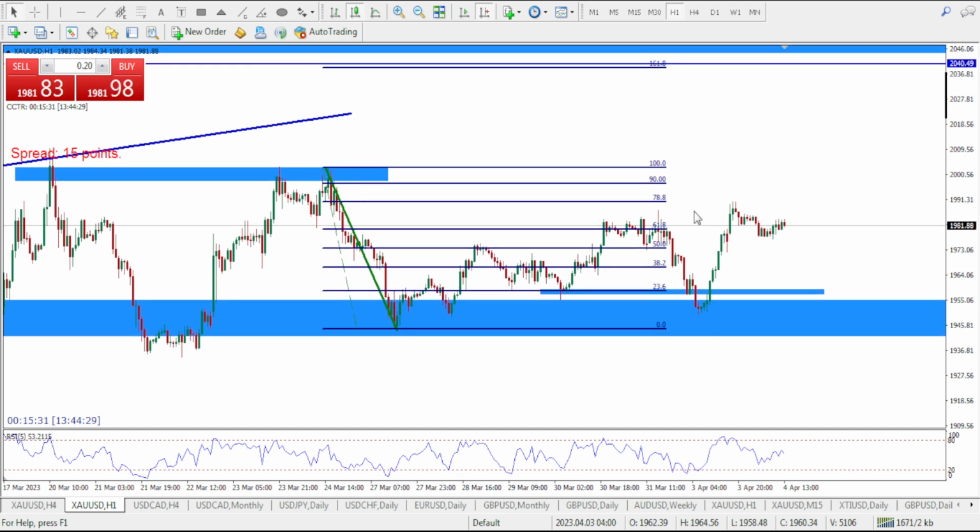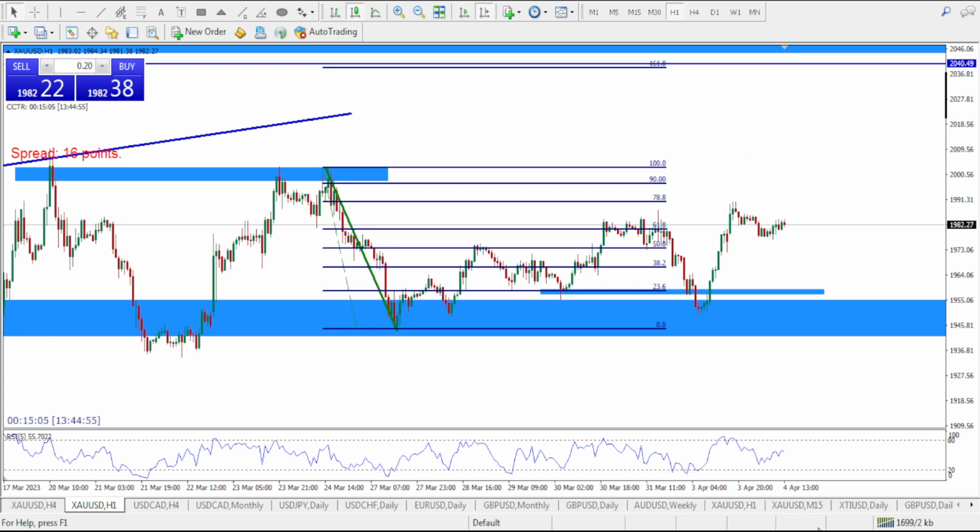So, did you get my point? You have to decrease the noise by switching your time frame to the higher time frame, but it doesn't mean you will not look at the H1. No, you have to look at the H1. That is so much important, my friends. You cannot deny this fact that H1, even if you trade the long term, still you will need H1 because